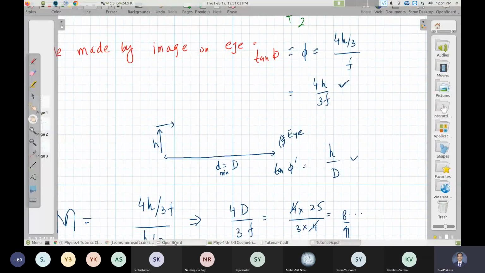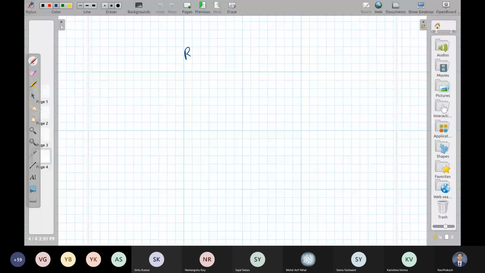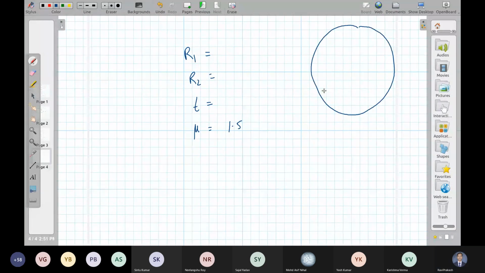And for thick lens, what numbers do you need? R1, R2, thickness and the refractive index mu or n, जो भी आप कहते हो. It's a glass 1.5 and this is a complete sphere, right? So what is R1? R1 is the left side, which is part of this whole sphere. So R sign, center is on right, center right side में है,